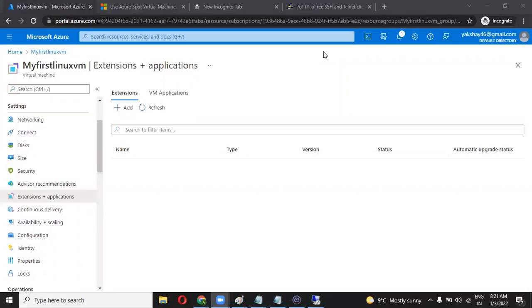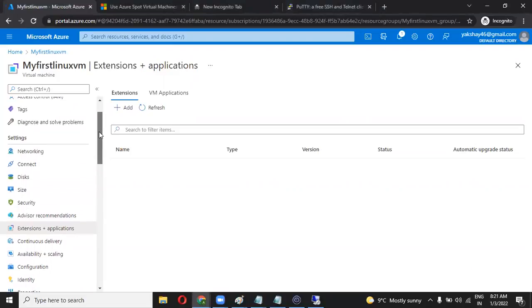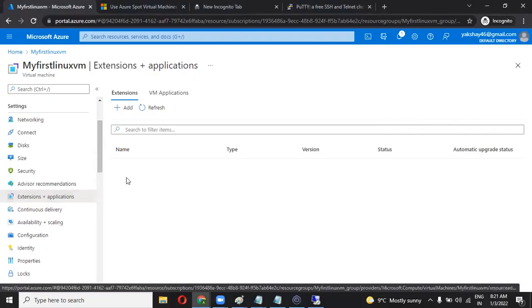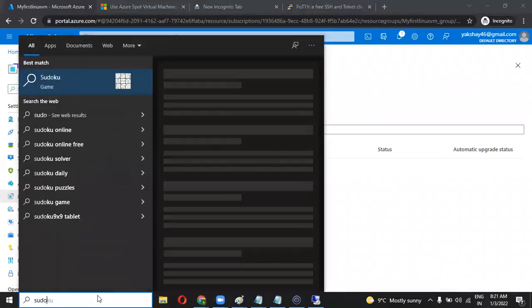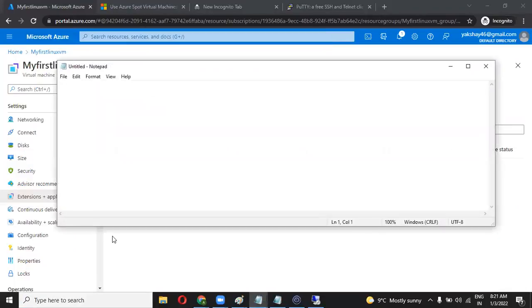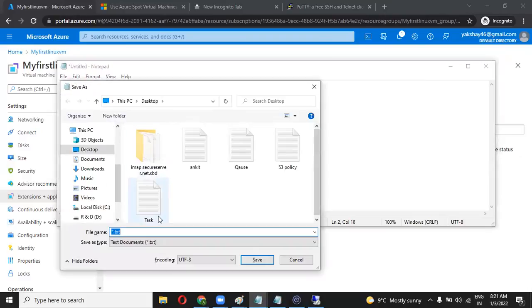Now it is fine. Okay, you can do the same thing with your Linux machine. You need to add an extension over here, and save the command with that, like in Notepad. Into the Notepad, you need to save your commands like sudo su and enter, yum install. I'm writing a script over here. You can execute with that. Save as Linux.